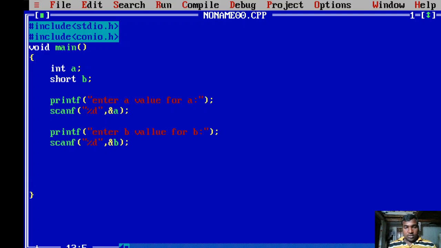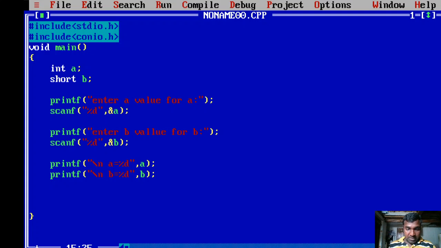So let us try to print those values. Printf slash n a is equals to percentage d, a, and next printf slash n b is equals to percentage d, b.